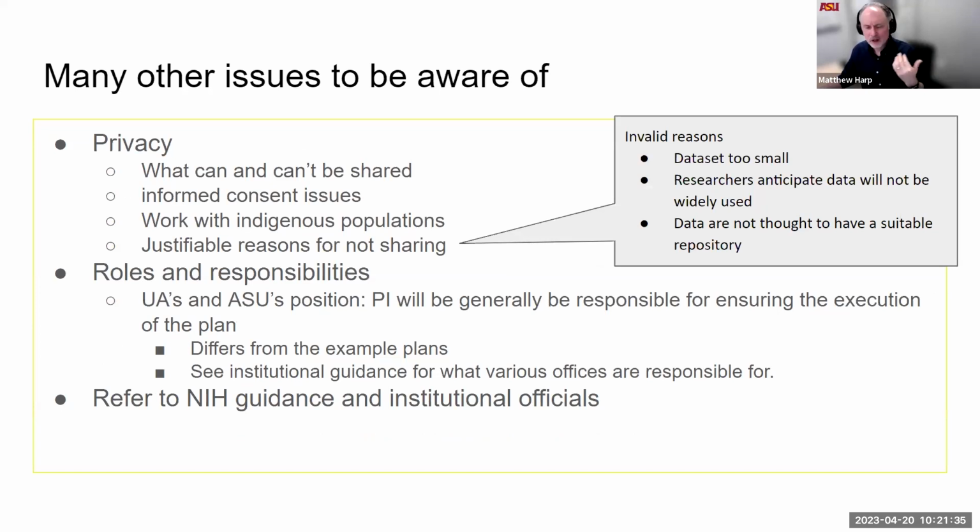Some things you want to be mindful of and be aware of is that a PI must provide justification for what data will not be shared and how they will protect privacy. I already mentioned this, but it's something we just need to reinforce. Legal and ethical considerations, including protocols for working with Indigenous populations, should absolutely be considered and should absolutely be indicated in there. Again, you cannot just justify that the data is either too small to be shared or that it's not going to be of value to anybody or you're afraid of being scooped. That is not a justification for not sharing data. So again, remind folks, they actually do have to have a plan for what will and won't be shared.